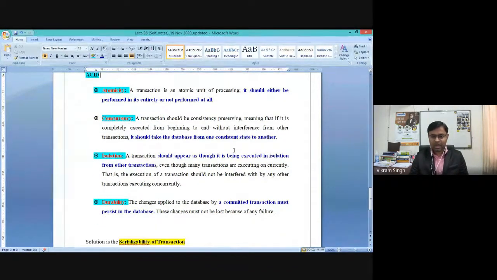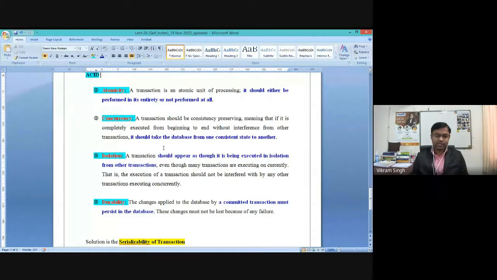So you should not be having this scenario like कि मेरे अकाउंट से अमाउंट डिडक्ट हो गया लेकिन वहां पर ट्रांसफर नहीं हुआ, या कि मेरे से ट्रांसफर रिफ्लेक्शन जो है प्रॉपर नहीं हुआ और वहां पर एडिशन नहीं हुआ. So it should not be like that. Whenever we say consistent state, it means whatever change we have done on the data item, it should be reflected in all the places. Eventually, after the completion of all transactions, your database state of that variable should be in a proper valid state.